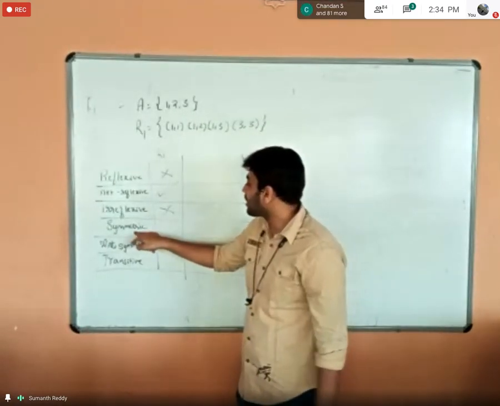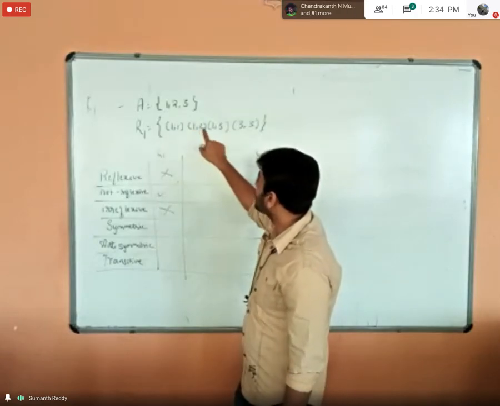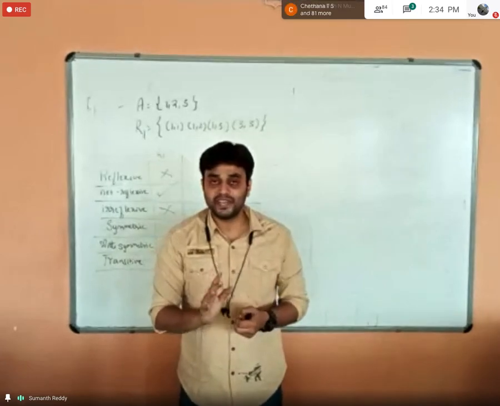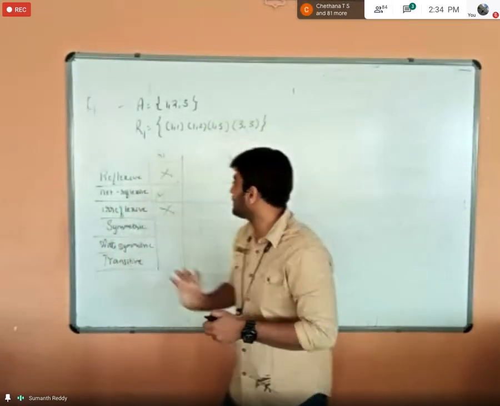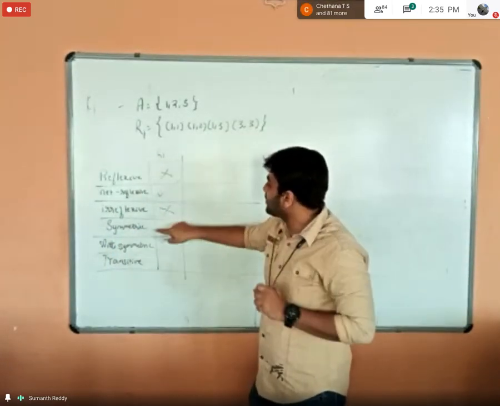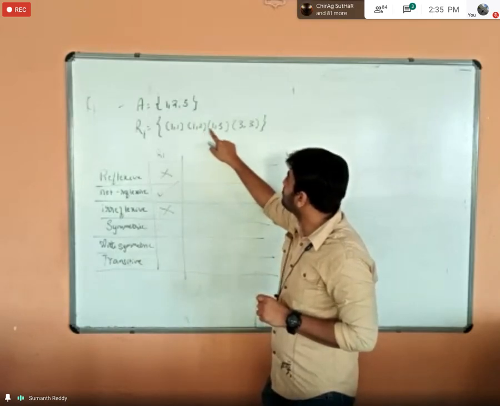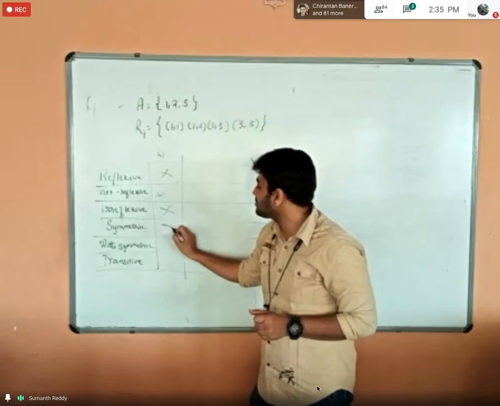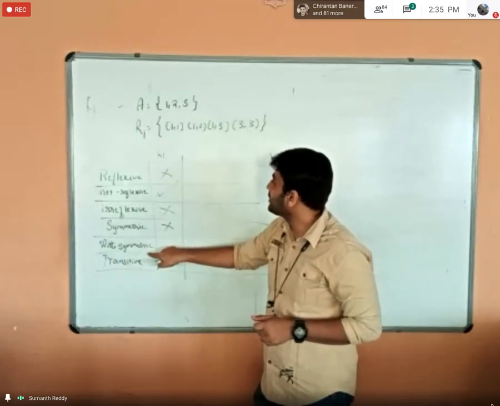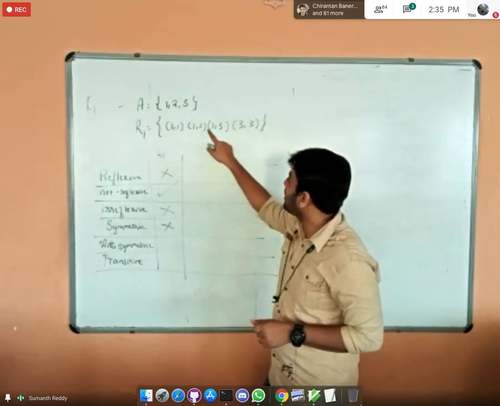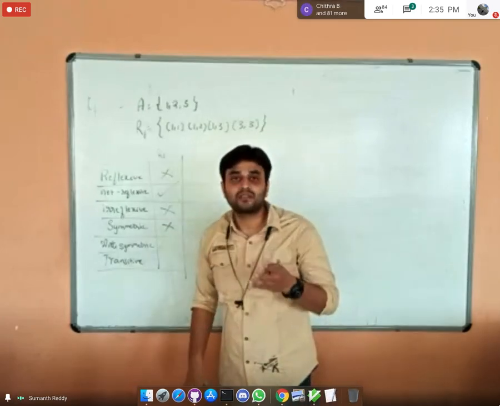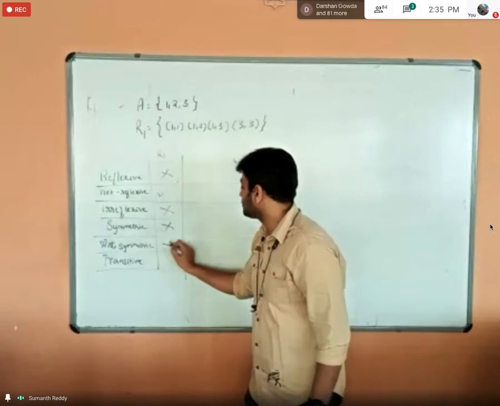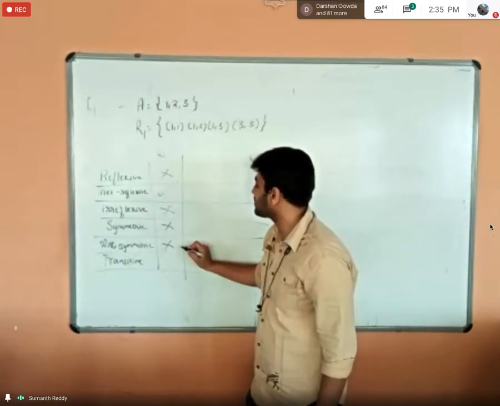Similarly, coming to the symmetric, I have 1, 2. Students, you have to be very careful. When I tell the example, I'll explain. With respect to symmetric, I have 1, 2 here, but you should also have 2, 1. But 2, 1 is not there, so it can't be called symmetric. What about anti-symmetric? 1, 2 is there, 2, 1 is not there, and 1 and 2 can't be equal, so we cannot expect the anti-symmetric property here.